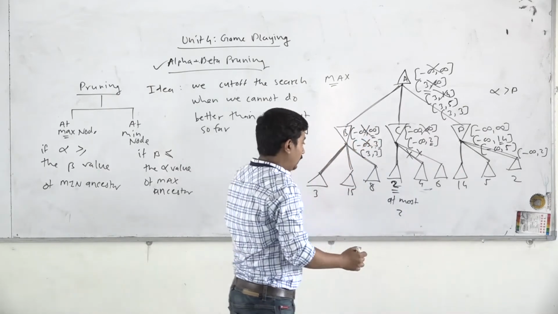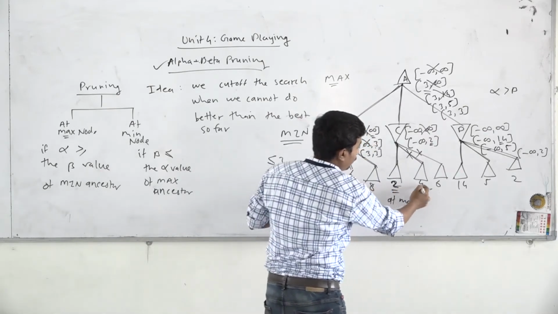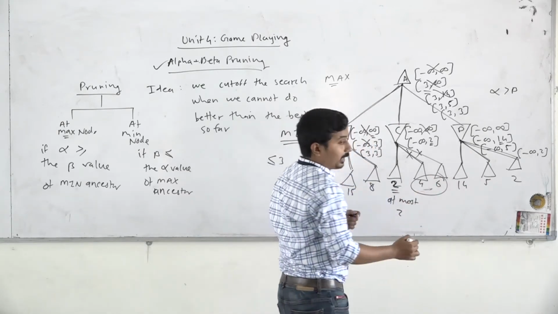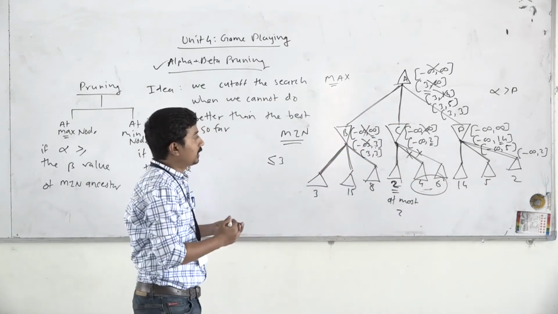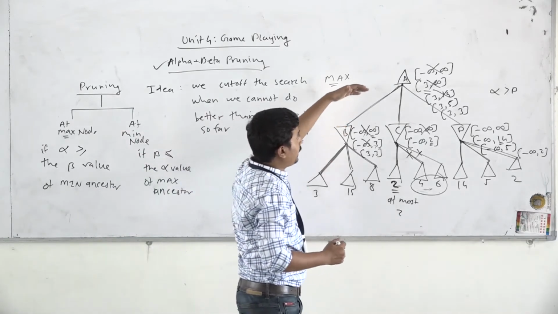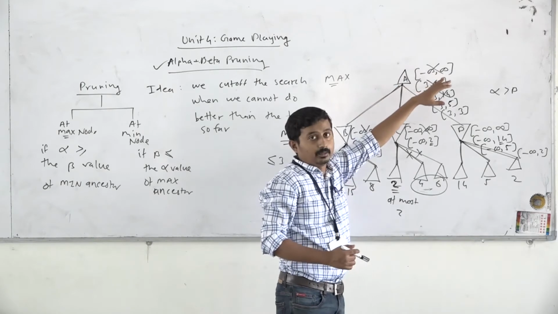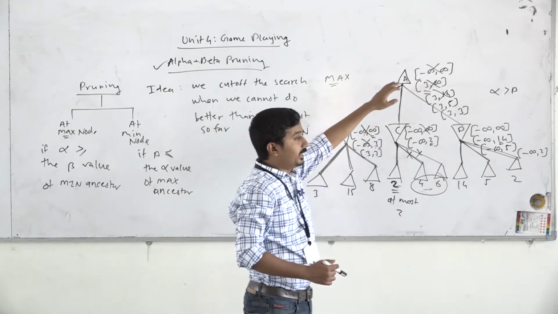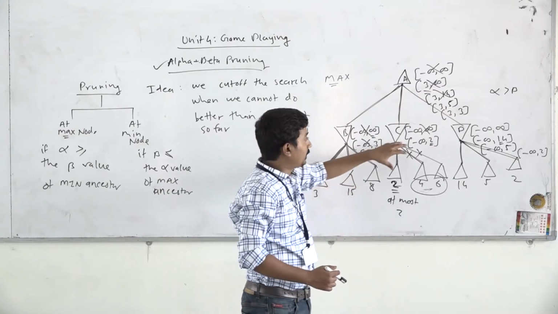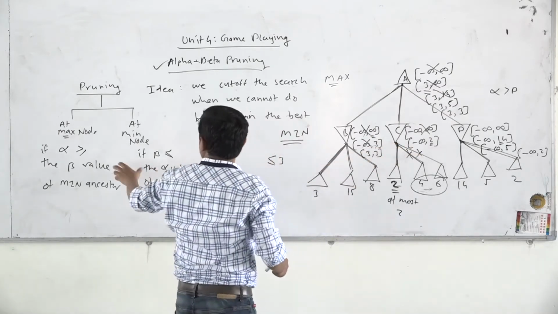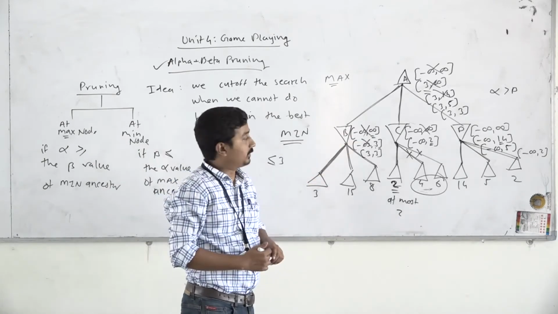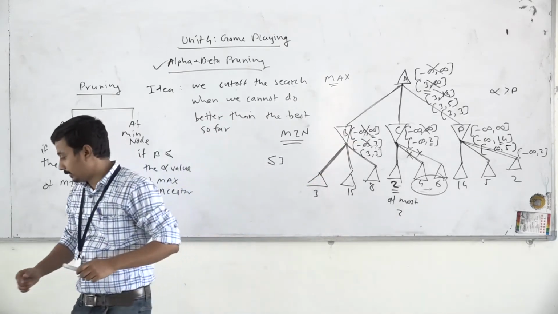Out of these 1, 2, 3, 4, 5, 6, 7, 8, 9, two branches are pruned. So that is the working of alpha beta. At every node you maintain the values of alpha and beta. You initialize them with -infinity and infinity, and keep on updating them. At every node possible you check these conditions. If these conditions are satisfied, then you can prune those branches. So let us see another example.